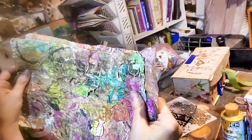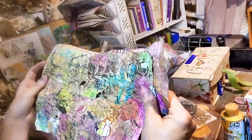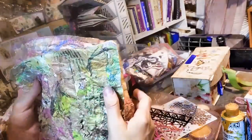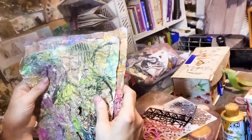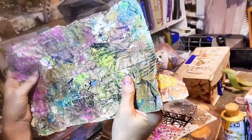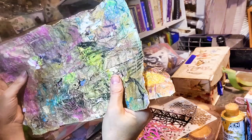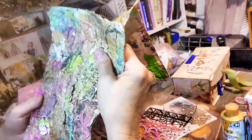In life, there are so many adversities that come your way that I feel like they deconstruct you, or they wear on you, they tear on you, they're hard on you. And I think I wanted to simulate that, capture that through the art process. And what I particularly loved about these papers right here is that there's